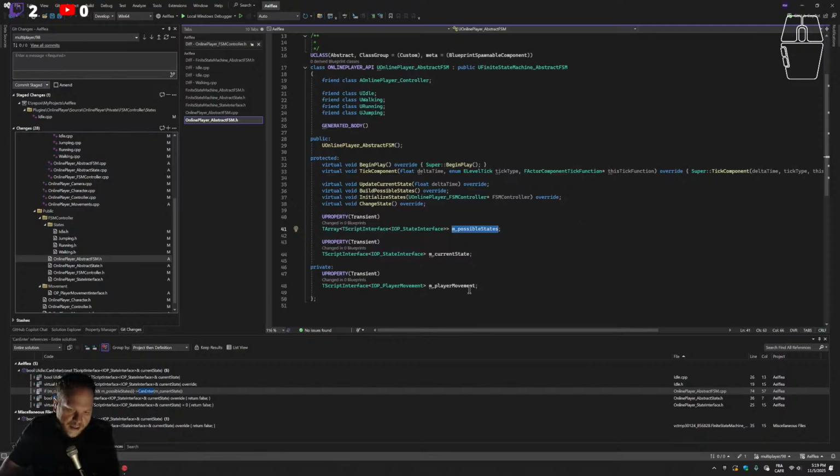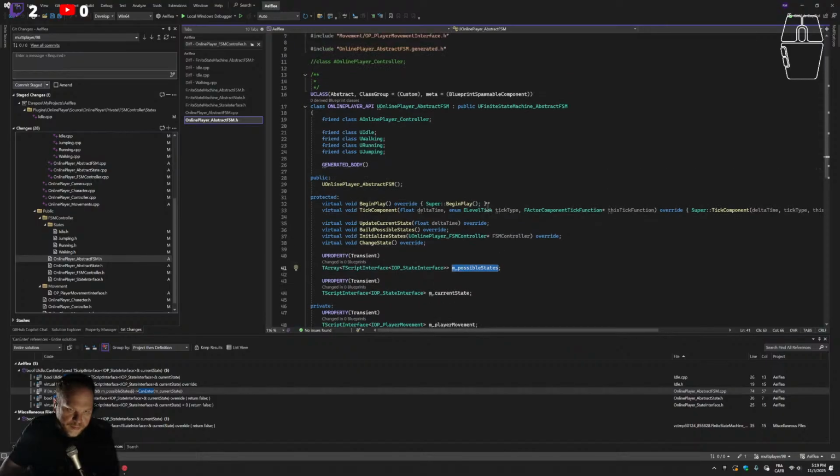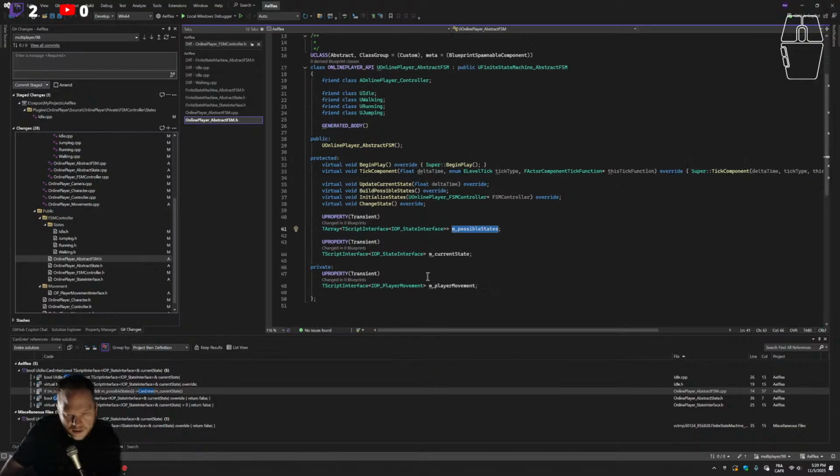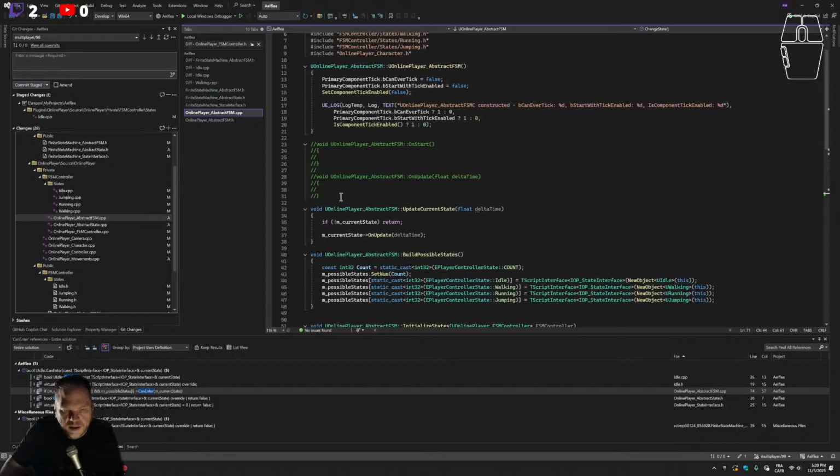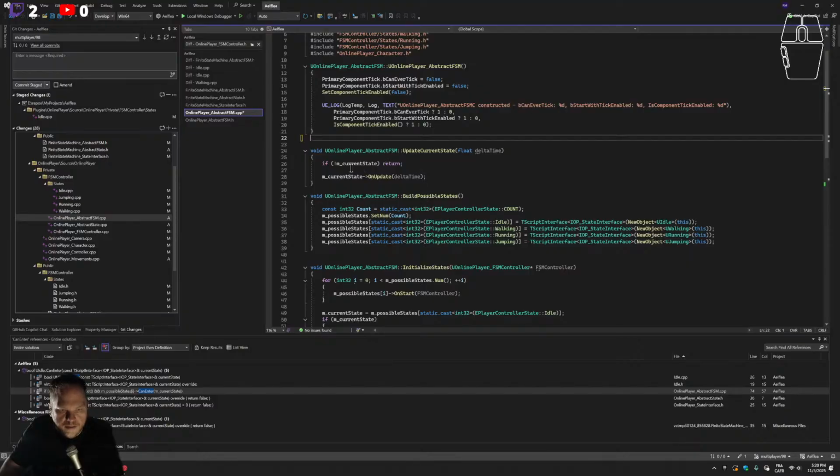The thing is, it's more something that initiates those objects. Those objects, if you look at them, it's the state stuff. And if you look at the source file, which is the abstract FSM CPP, you can see that it's